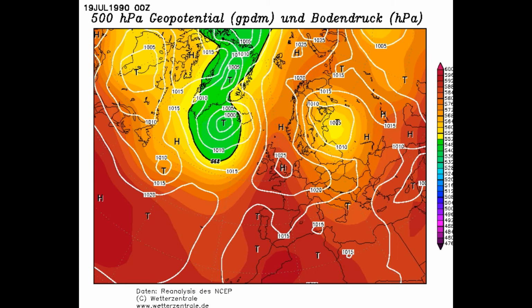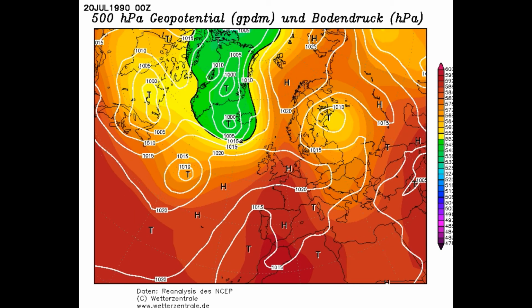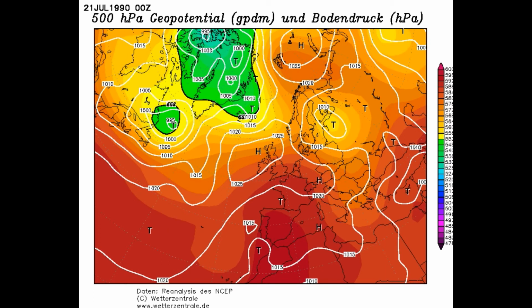And temperatures rise further because as we go through into the 20th, we now really start to import some very warm air into that area of high pressure. And as we go into the 21st, we actually set a temperature of 33.3 degrees at Jersey. So some very warm weather. Of course, we're near the peak of the summer now. So we're at the perfect time to be seeing the chances for some record heat.